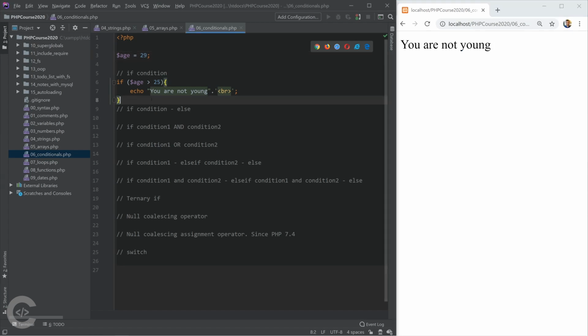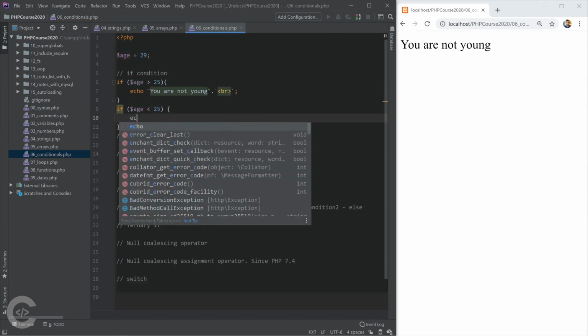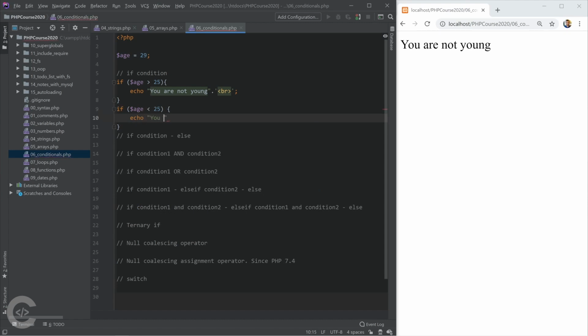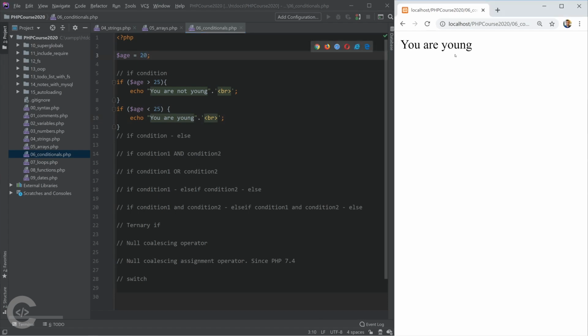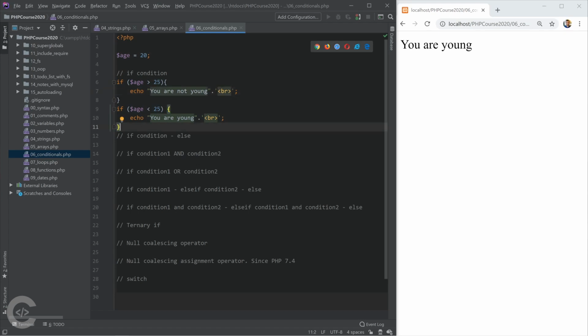Okay, so we can write another if statement. If age is less than 25, we can write you are young. Okay, just like this. And right now I will see you are not young, but let's change this into 20 and I will see you are young. So I have 2 different if statements which test 2 different cases, but we have obviously the possibility to use